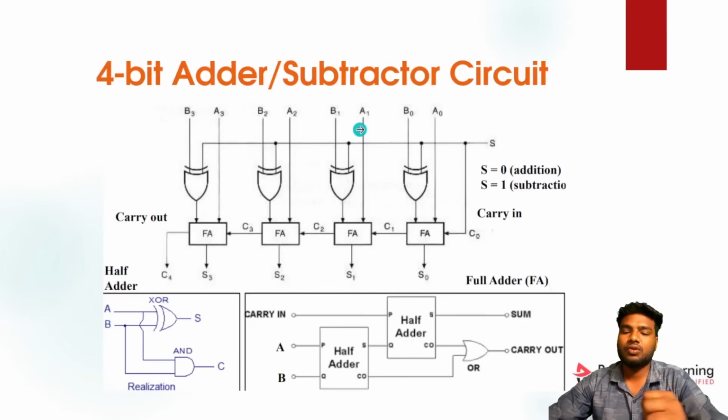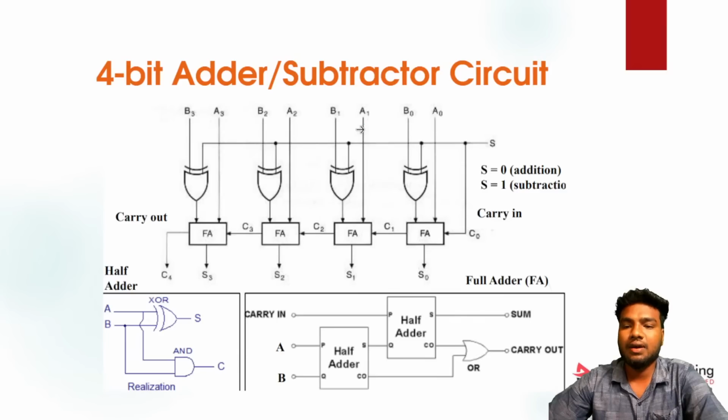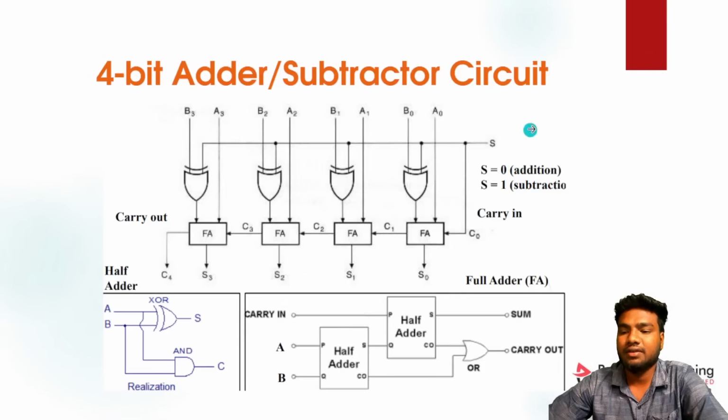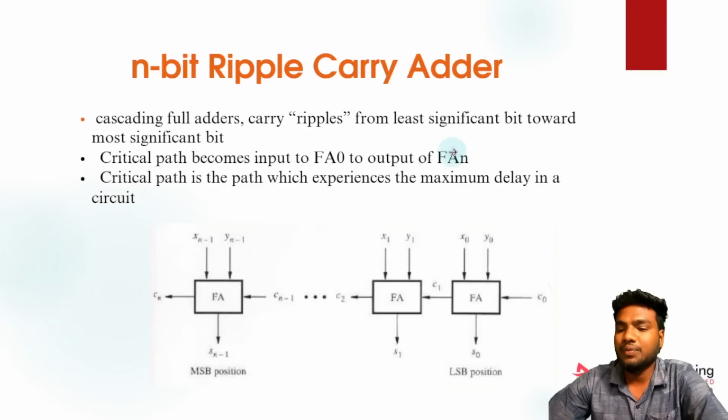And then we'll move to the 4-bit adder cum subtractor circuit. This is the circuit for the 4-bit adder cum subtractor. Here you can see the selection line. If selection equals 0, this circuit will do the addition operation, a 4-bit adder. If the selection is 1, it will do the subtraction operation. So if you take an example,